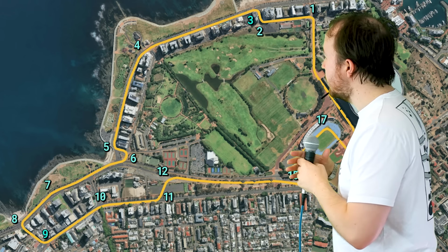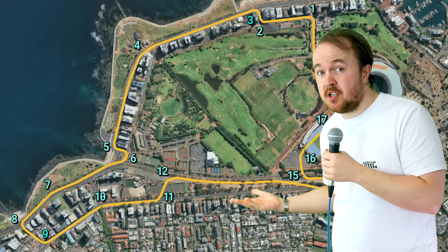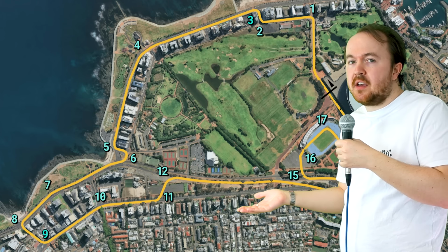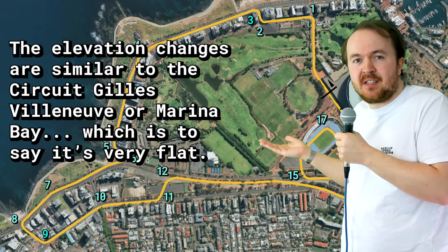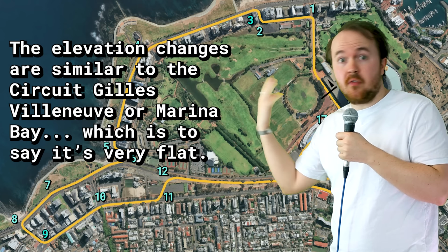Being right by the seafront, this entire area is incredibly flat, and so the biggest rise is only about 4 or 5 meters. If this was on the F1 calendar, this would potentially be the flattest track of the entire year. Before I suggest some improvements around here, I will say my first impressions of this track are actually pretty